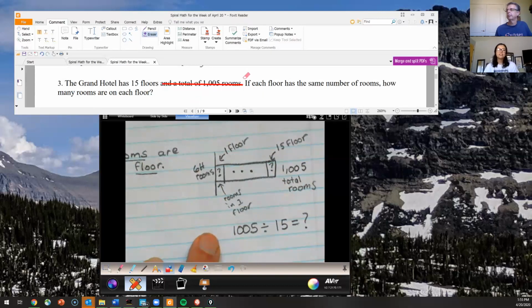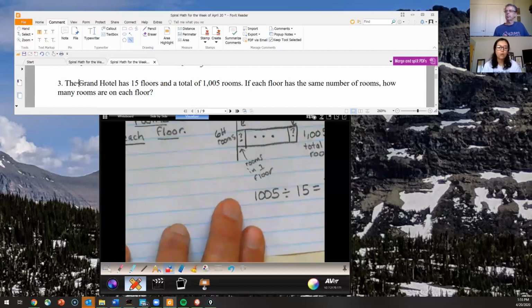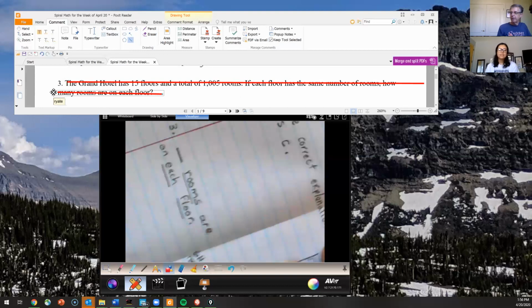So then your next thing, we used the full first sentence. So let's go ahead and take a look at our second sentence. It says, if each floor has the same number of rooms, how many rooms are on each floor? So we have our expression. So let's go ahead and solve it out. So when you divide 1,005 by 15,